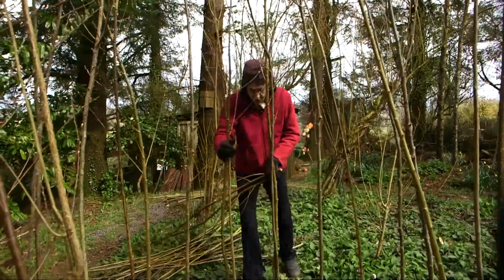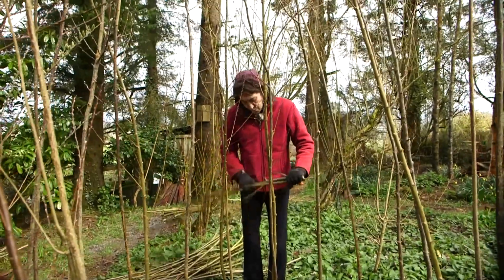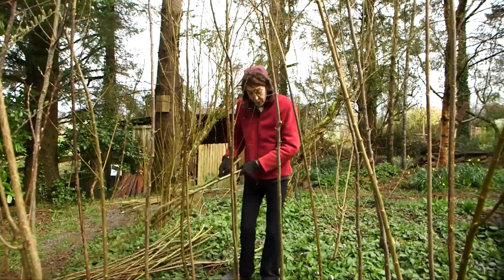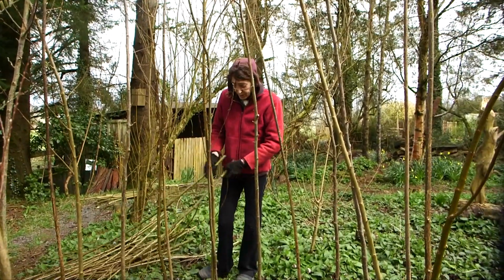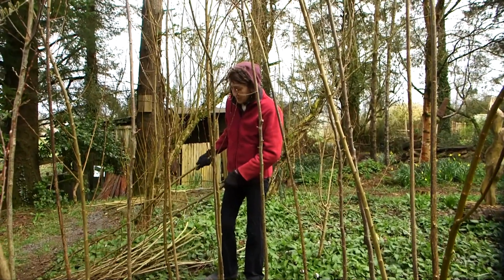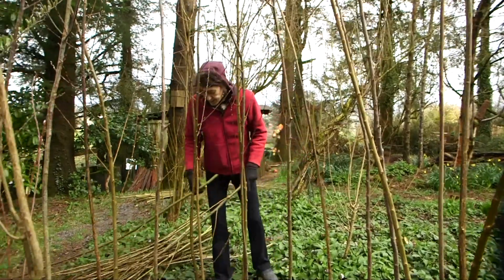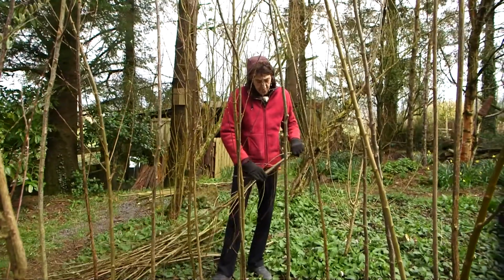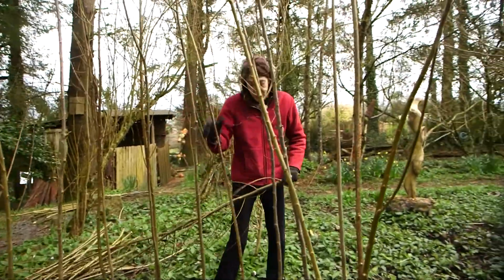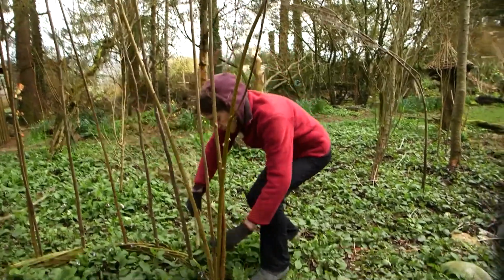Okay, so on this structure here, the uprights are much further apart and stronger, so we can go much bigger with the weaver. The principle is more or less the same. We're now just going to weave in and out. And like these sticks here, I wouldn't worry if they've got side branches or anything like that. I'd just weave in whatever I could lay my hands on at this stage. And the most important thing though, remember, is if you're joining in 2 weavers together, that they don't outweigh your uprights. So like on the other one, I'm going to start at the doorway